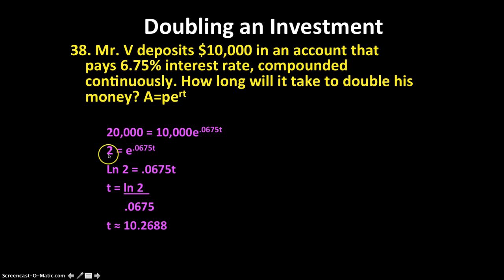So I divide 10,000 into 20,000 and get 2. Makes no difference whether I used 1,000,000 here and 2,000,000 here. I'm still going to get 2. How long does it take me to double my money? Well, I write this as a natural log. There's my e, and e of 2 equals the rate times time. Divide by the rate. Again, just being careful on the calculator. It takes me 10.27 years to double my money in an investment,